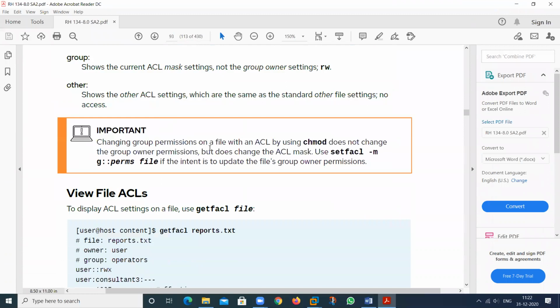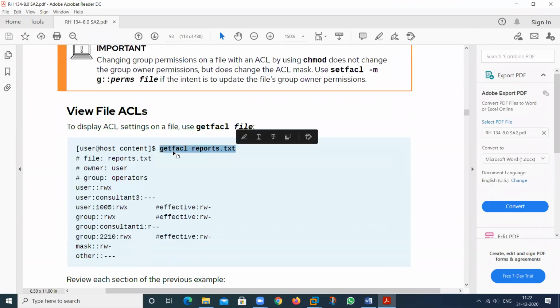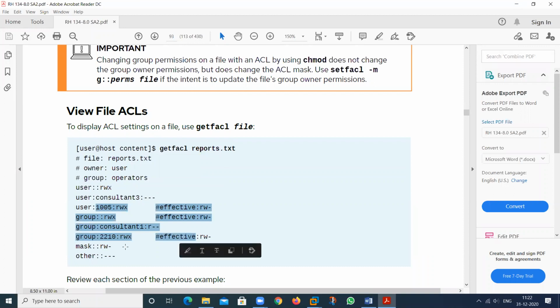And by this particular command also we can see if this particular file has the ACL. So see here, this is the name of the file, this is the owner, and this is the group owner, and this is the permission related to this particular user. See here, this is the group, and these are the effective permissions, and this is the mask value. Mask means the total values that will be represented by the mask.